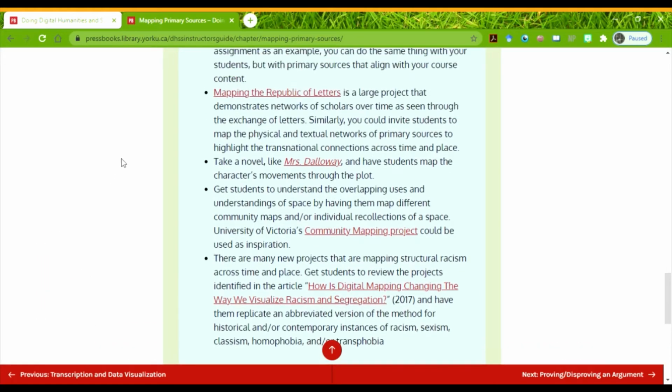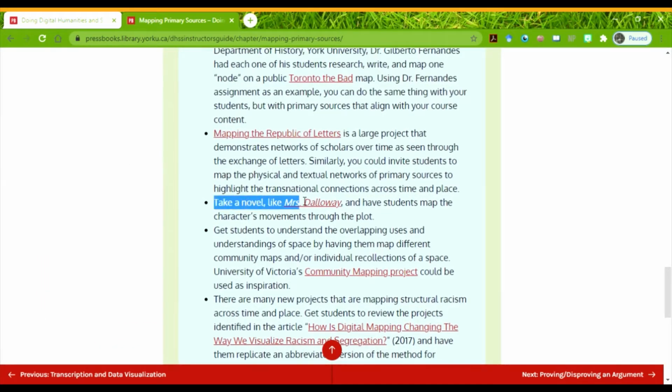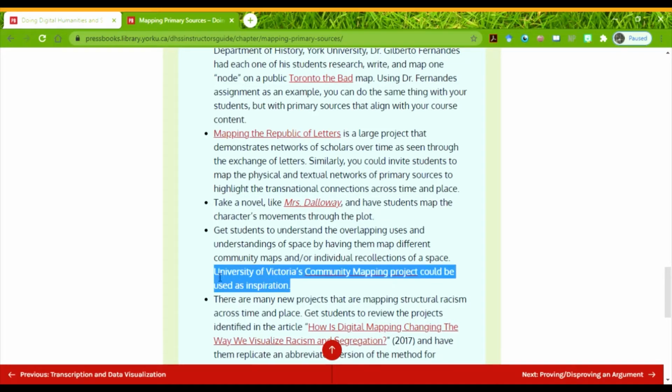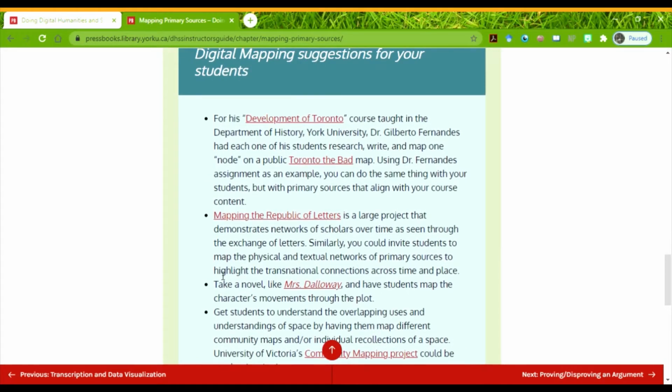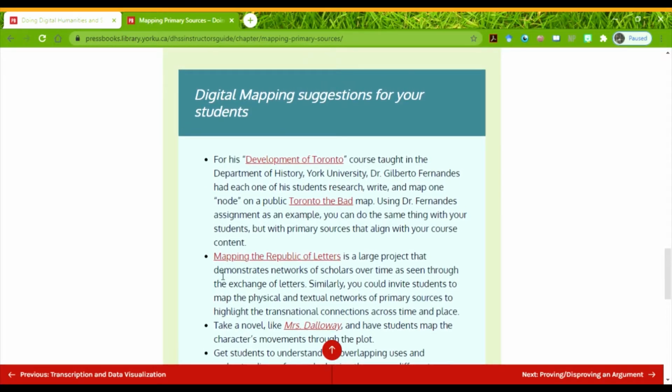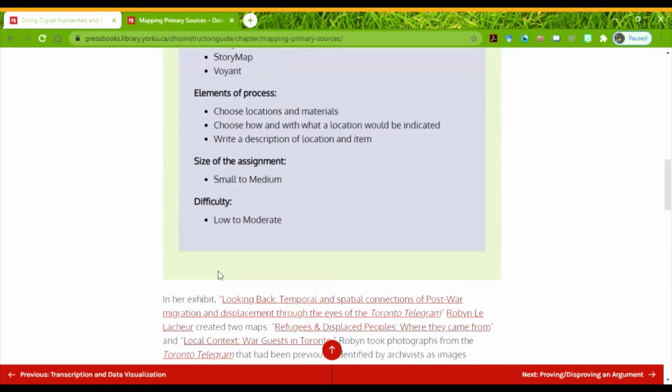I am also using examples here from novels, so this doesn't just need to be history related. And I also think there's some really cool things related to social sciences. So by thinking more broadly about what digital mapping could do, you can bring some of those critical elements into